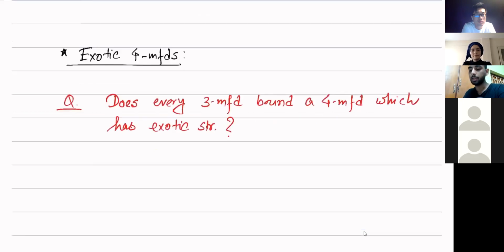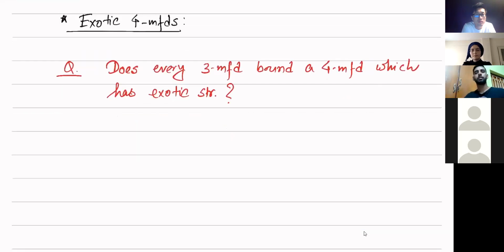So in recent times, people have shown tons of interest in understanding exotic structures on 4 manifolds with boundary. And this is a very obvious question in that direction: given any 3 manifold, how do you construct a 4 manifold which has exotic structures? So a little bit of history. So Yasui, using Seiberg-Witten theory,